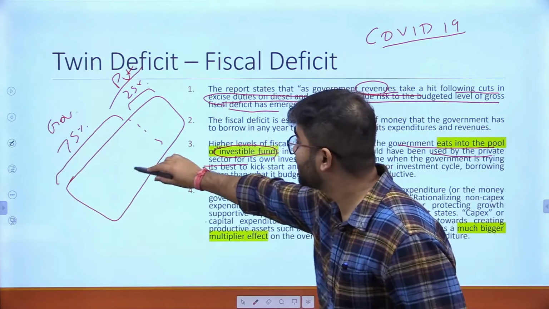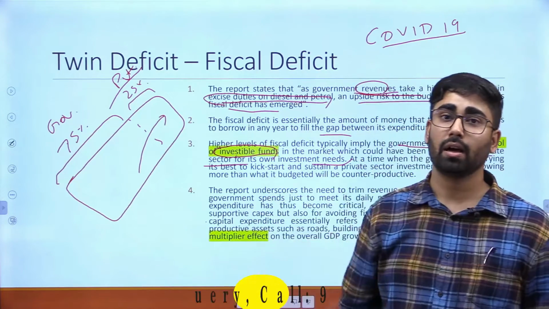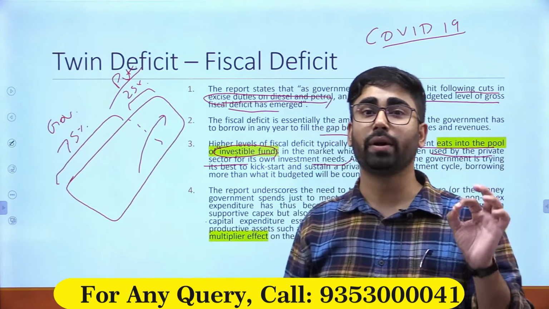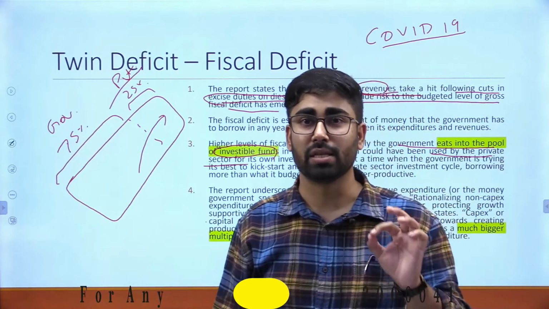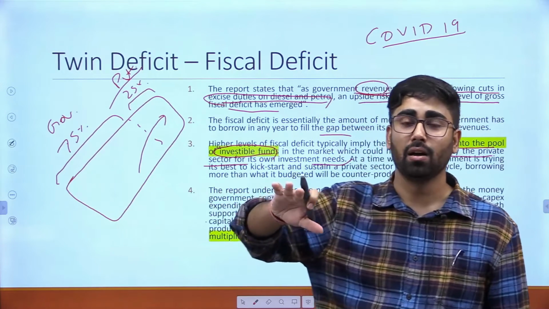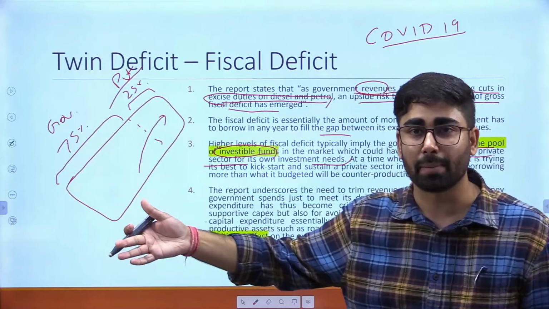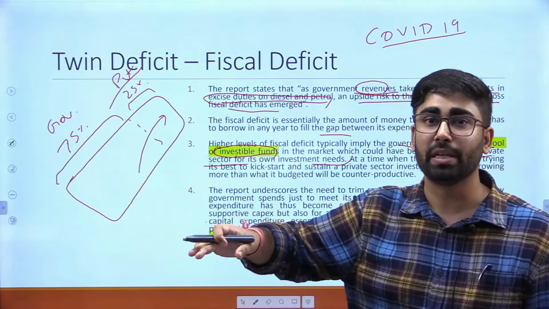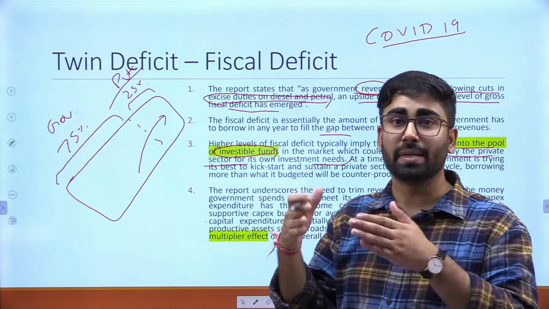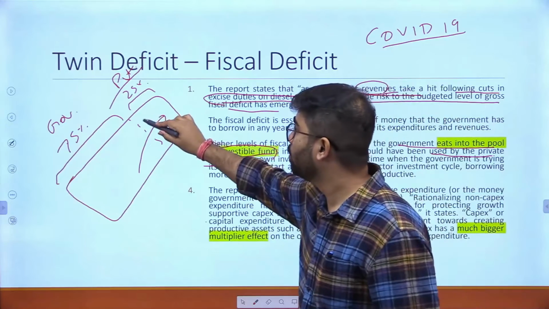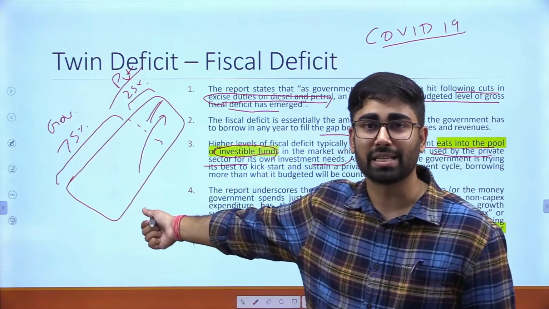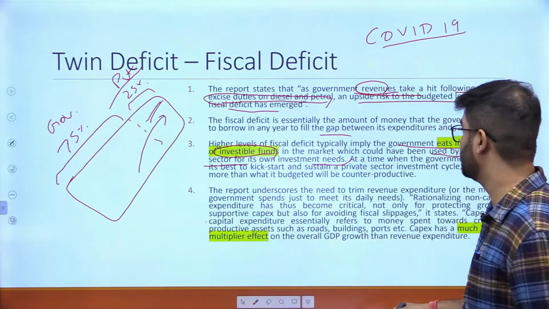So it essentially means that government is crowding out private investment. Government is crowding out private investment in a time when we need to kickstart the private consumption cycle, private investment cycle, ठीक है। तो it essentially means कि अगर गवर्नमेंट ने ज्यादा लोन ले लिया तो जो फंड्स होंगे लोन के लिए वो प्राइवेट कंपनीज के पास कम होंगे, जबकि इस टाइम पे प्राइवेट कंपनीज को कोविड-19 के बाद अपनी इन्वेस्टमेंट साइकिल, अपनी बिजनेस प्रोसेस शुरू करने के लिए जब ज्यादा लोन चाहिए तब उनके पास कम अमाउंट ऑफ लोन होगा लेने के लिए। So it means the government is crowding out private investments, okay, ठीक है।